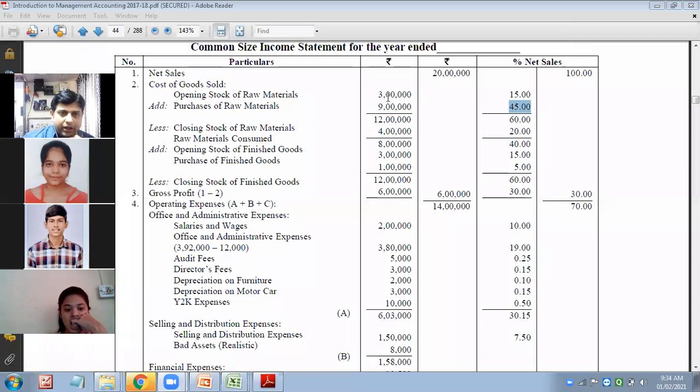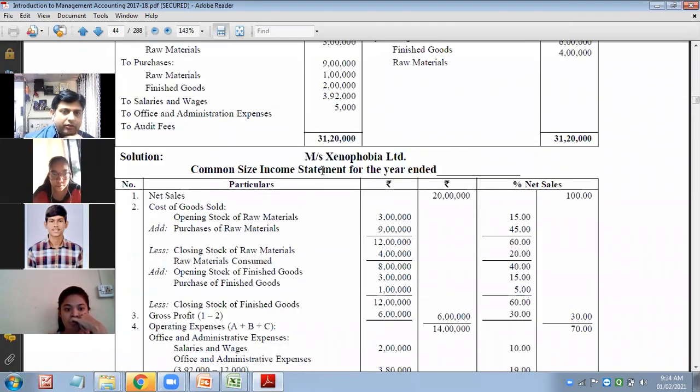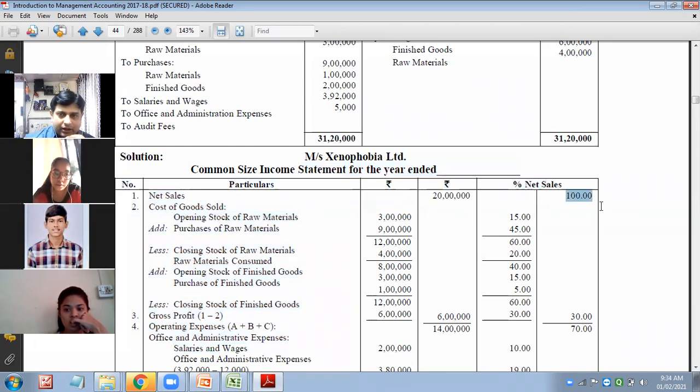So again, first you have to convert this horizontal balance sheet. They are asking us to make the common size statement. But for common size, what do we need? We need the vertical statement. So first, my vertical statement fundamentals should be very strong. Once we have done the vertical statement, then common size is just time pass. Then I will consider sales as 100 and do everything.